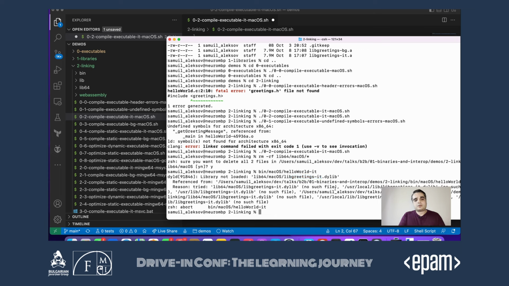And that's generally because we didn't tell the operating system when we try to load the file where to seek for our library. Now, different operating systems would look in different places, but as I showed you earlier, an easy way to do that is to include the library in the folder where it's looking. So in this case, it's looking into lib64 macOS lib greetings-it, and we don't have the library there, so we can just copy it.